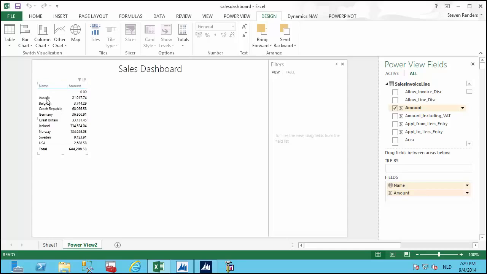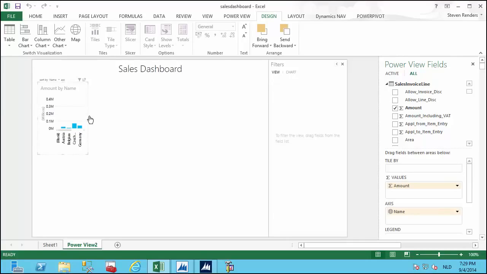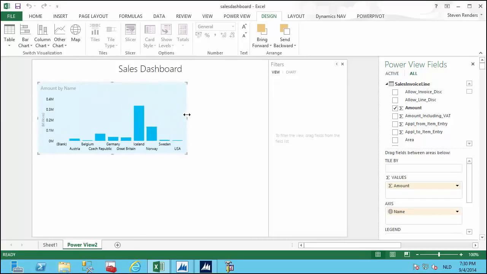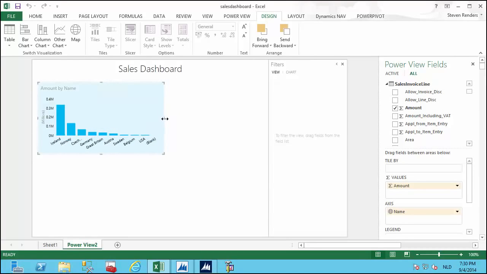Now I don't want to see this textual data, so what am I going to do? I am going to select here to create a column chart. We have the choice between different types of charts. I'm just going to select here a column, make it a little bit wider. So as we can see, we have already our data available. What we can also see is that it's sorting by name of the country, and I would like to have it sorted by amount, and I would like this to be descending. So this is basically how I am going to create this chart,